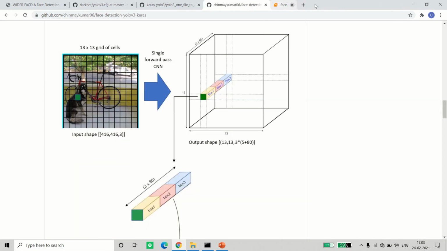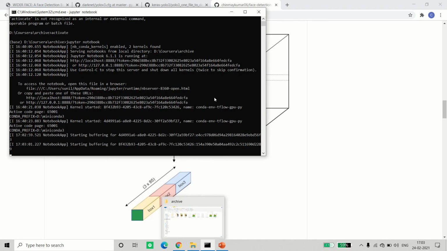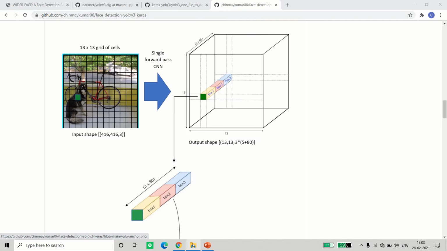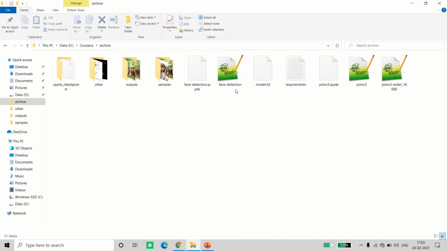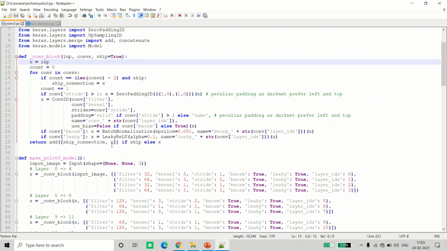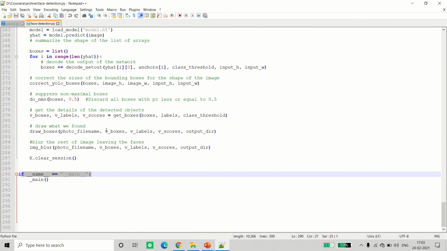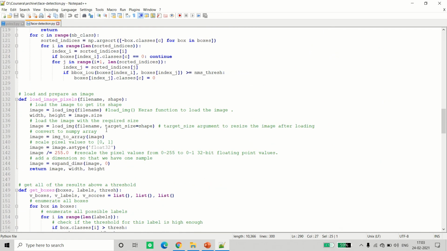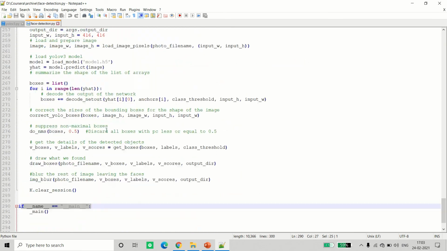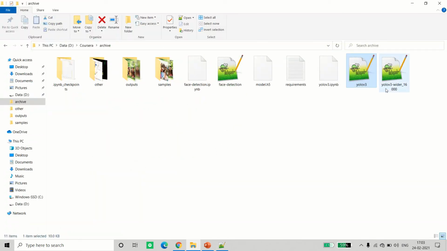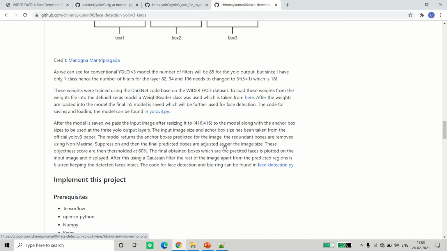Okay, so we'll go back to where our Python files are. So here you can see the face detection, and then the model building. This is used to build the model, and this was for the face detection, just what we saw. And this is the weights file which I downloaded from the link. In my GitHub there are steps on how to do it.